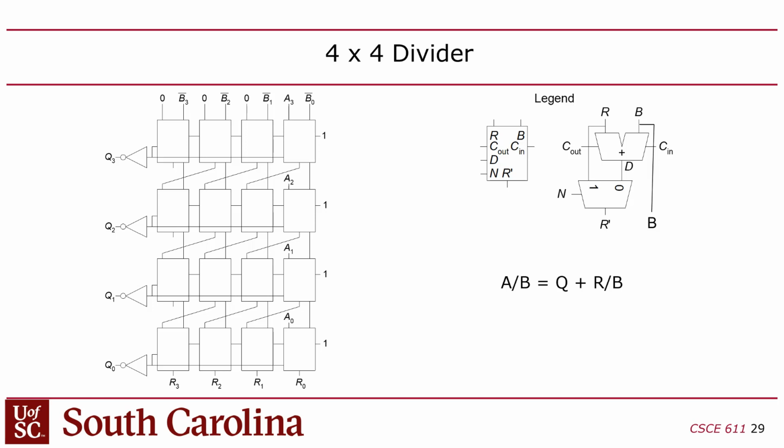So that's how you can build this with essentially an array of adders, which are actually subtractors with a mux. Now, you might say, well, that doesn't seem that bad. I mean, compared to the multiplier, which was essentially an n squared array of adders, right? Yes, but